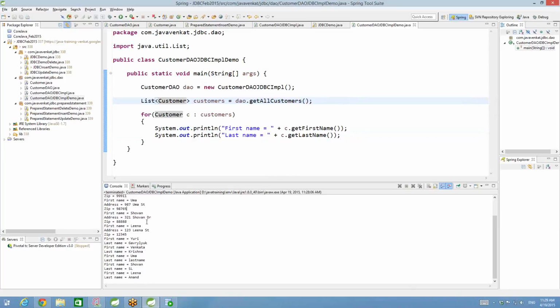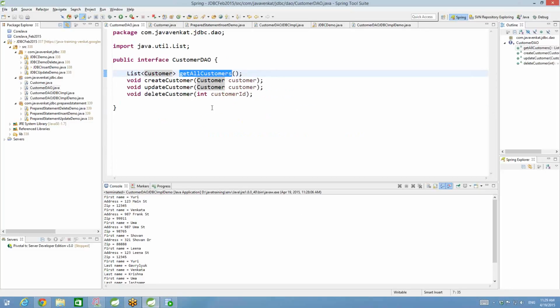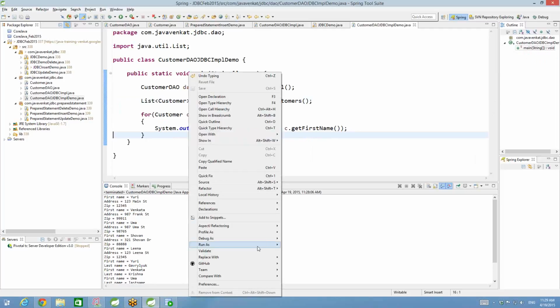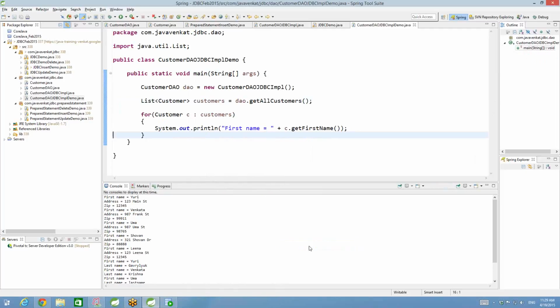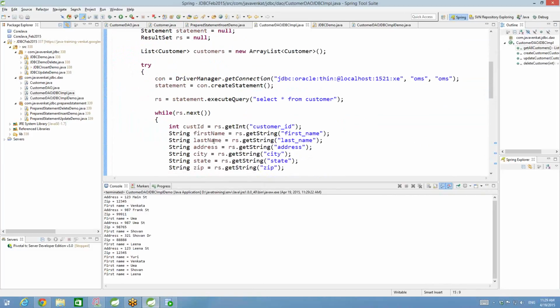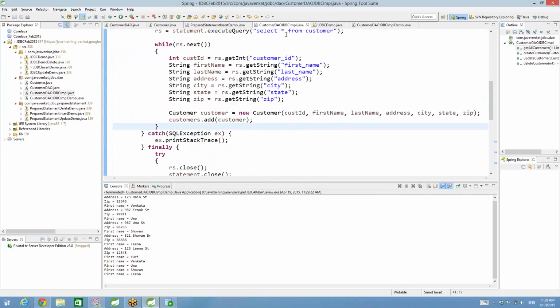Yuri, Venkata, Uma, Shovan, Leena, Yuri. Oh, where are we getting more? How many people do we have? Is there something wrong here? Let's print only the first. Oh, we are printing somewhere else. I'm sorry. We are printing there also in the DAO JDBC simple. We'll take out this one now. Here. We'll not worry about it now,